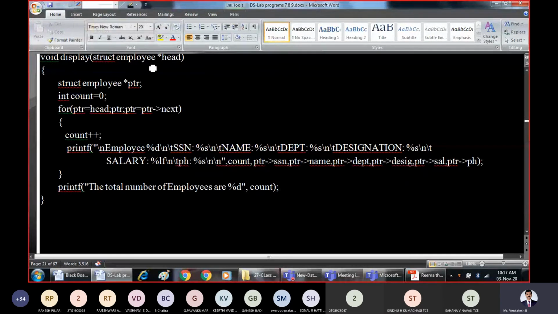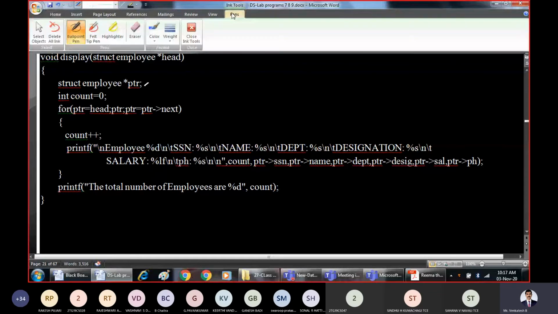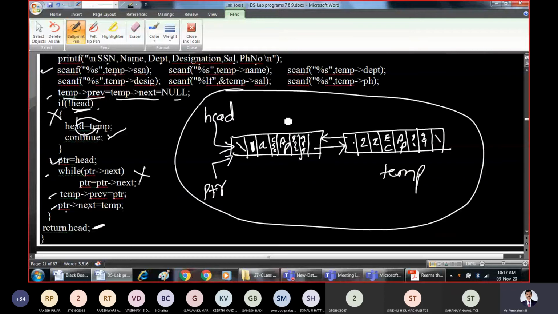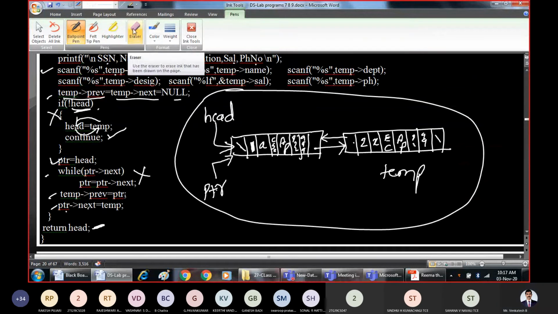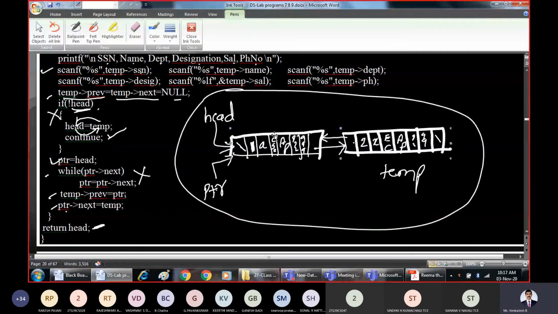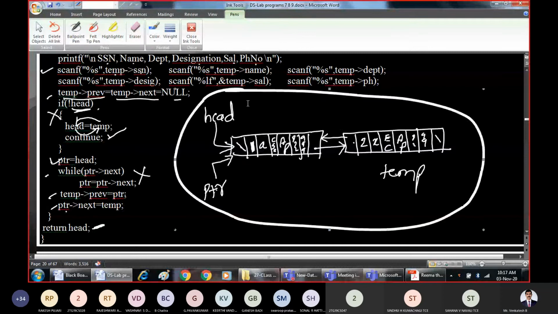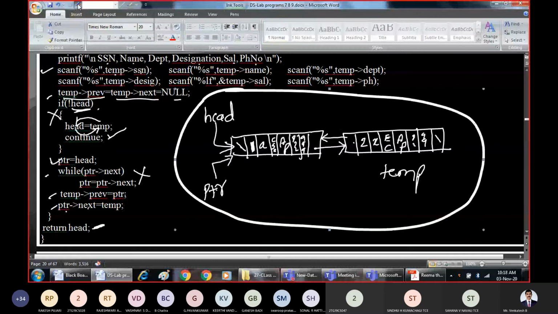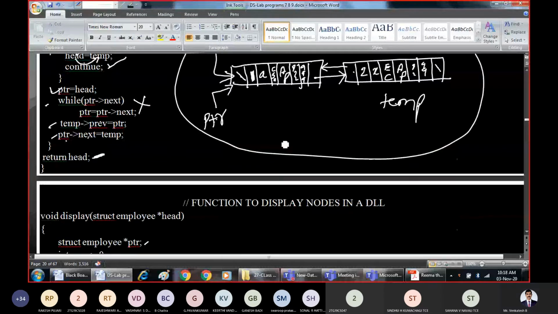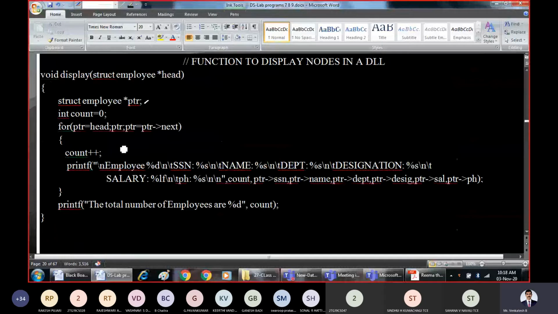Struct employee pointer temp. We are taking one ptr pointer to traverse across the nodes, and count for displaying the number of nodes. Here is how it works: count will be made 0, make ptr point to head, and while ptr is true, the incrementation part is ptr equal to ptr pointer next, count plus plus.